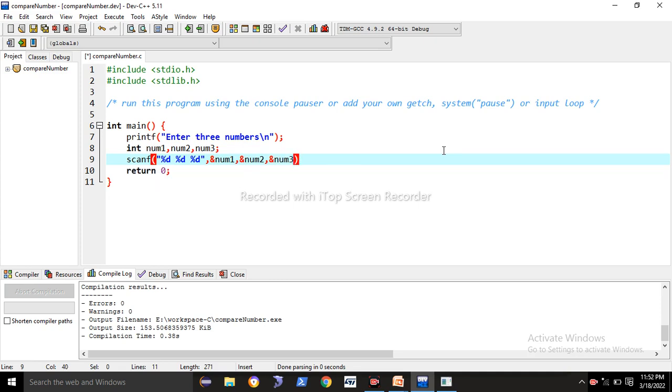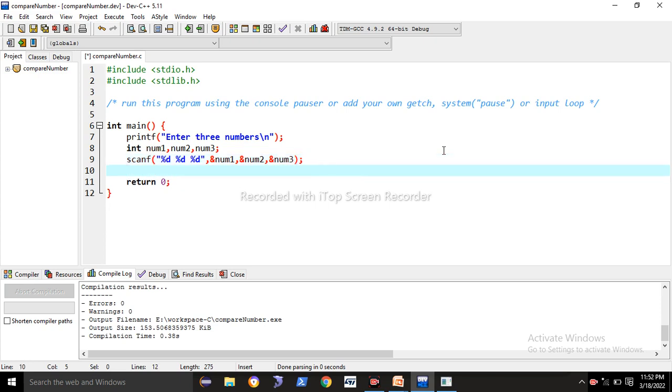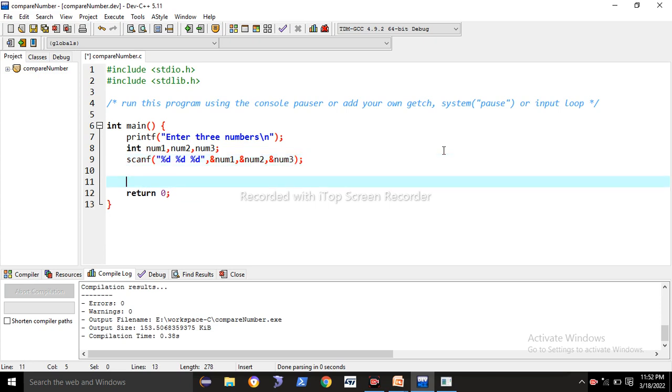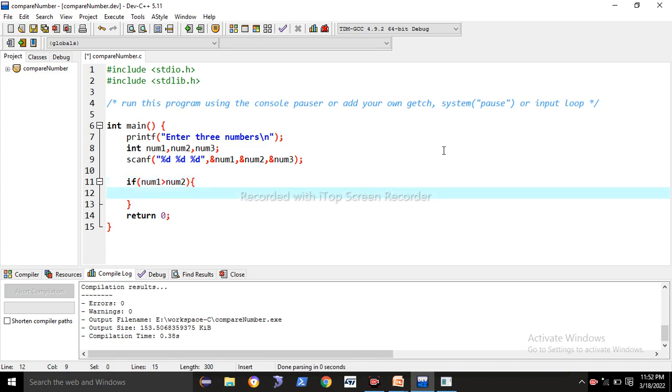Okay, now let's see our logic, what we need to do here. We have to use an if condition for checking. If number1 is greater than number2, then what happens? Here I have three numbers, so I need to compare again. If number1 is greater than number2, then if number1 is also greater than number3, then